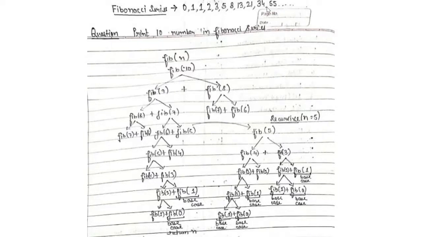Now the question is, suppose you are given a number, say 10, and you need to tell what the 10th Fibonacci number is, or what number comes at the 10th position in the Fibonacci series. By 10th position I mean index 10, and we do start with 0 over here. So 0, first, 2, 3, 4. The 10th Fibonacci number over here would be 55.